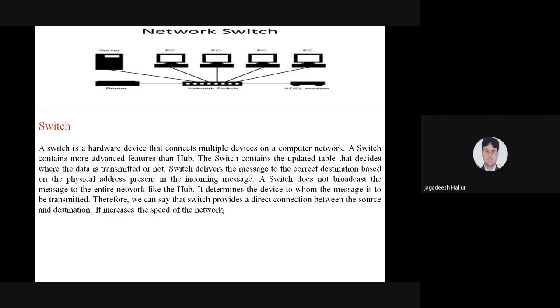So whatever data has been sent has to be rejected. Why? Because in that memory table, there is no PC number 4. So immediately the switch comes to know that there is a replacement of the PC. The new PC has been added, that is PC number 5. So immediately PC number 5's MAC address has been updated in that particular table. This functionality, this operation, has to be taken care of by the switch. Got it? Very, very important.